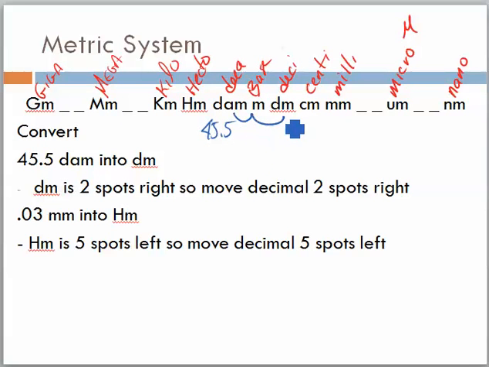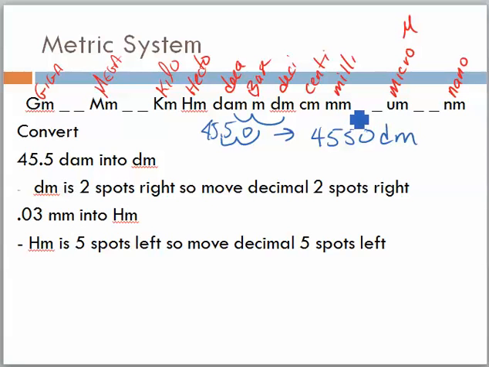Decimeters is two spots over, so I would move the decimal two spots over, and that gives me 4,550 decimeters. If I was going into millimeters, into hectometers, well,